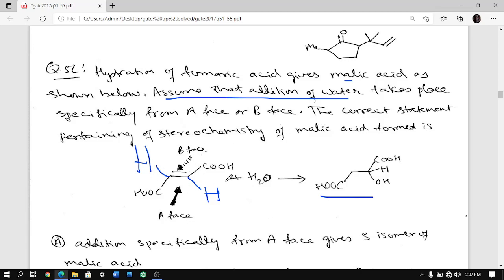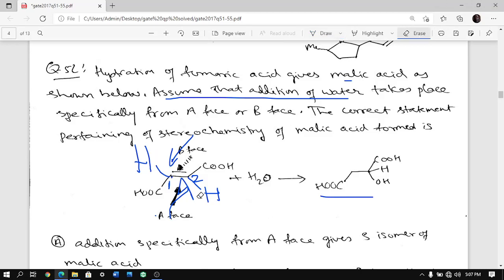Now this molecule you can see is very uniform. So it is planar. So attack can happen either from this side or from this side, and both the carbons are equivalent. So it really does not matter. I will fix the attack only on this carbon, which I am labeling as 1. 2 I will not show, but both are equivalent. I could have shown 2 also, but I will fix 1. And then A face is coming from outside the board. You understand? A face is from outside the board.